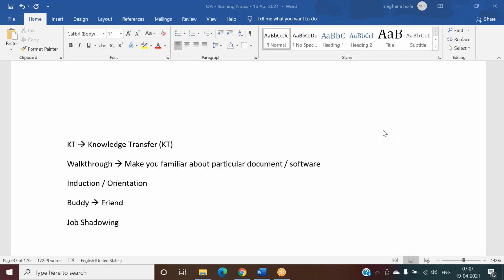So I should know about the team. Only then can I contact them when anything is required. So you'll have 1 week, 15 days, or a month, depending on the project. You will have this period, called the KT, knowledge transfer period, where someone is going to explain